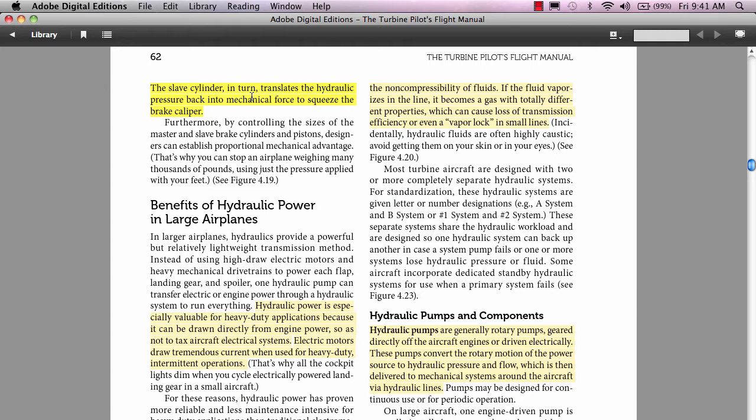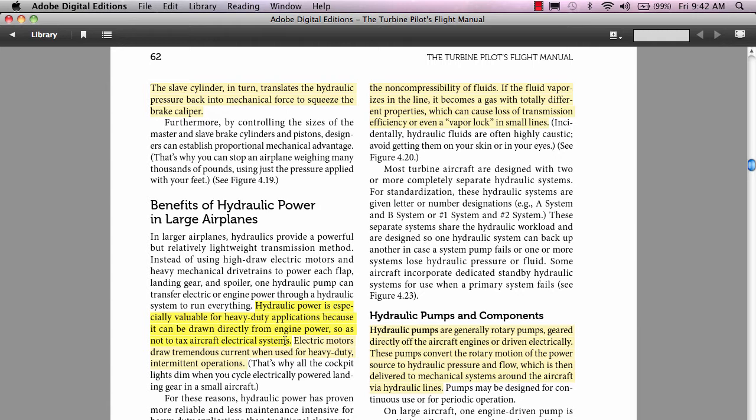Okay, let's go down to the benefits of hydraulic power in large aircraft. Hydraulic power is especially valuable for heavy-duty applications because it can be drawn directly from the engine power so as to not tax the aircraft electrical system. We talked about this: gear, flaps, control surfaces. And so these are